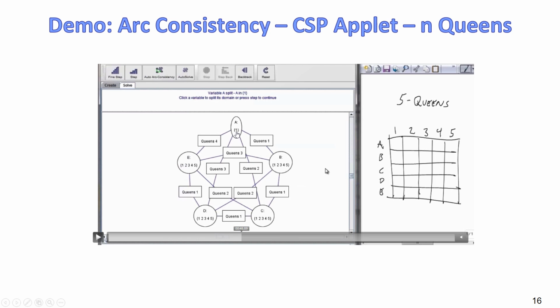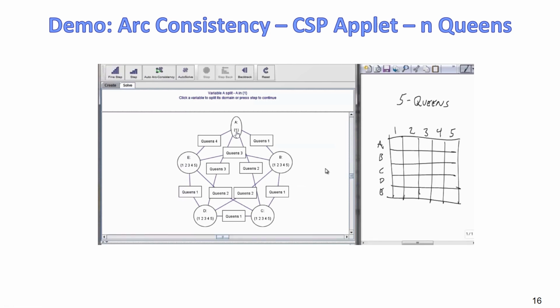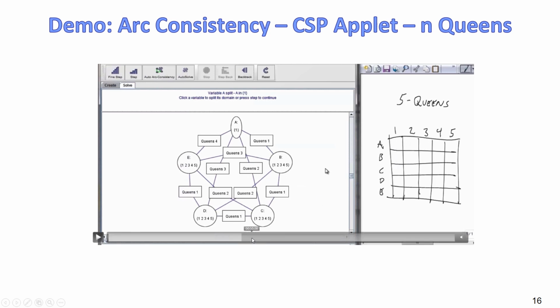And once we assign a value to a variable, we need to do arc consistency for the whole graph, for all arcs. Okay, so remember, what is the meaning of assigning 1 here? That means that we will have a queen here. We will have a queen here. Now, what do we expect to happen when we do arc consistency? The first thing that will be affected by putting a queen here, of course, actually it's the only one in the first stage, will be B. Because for B, we cannot, for example, put the queen here or here if we have a queen here. Okay, so